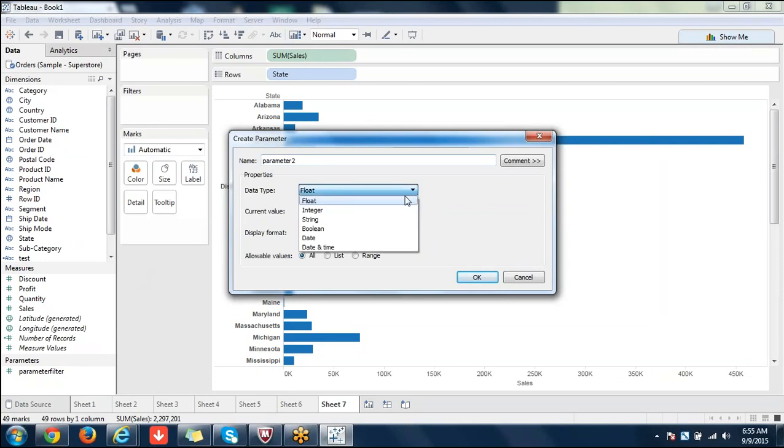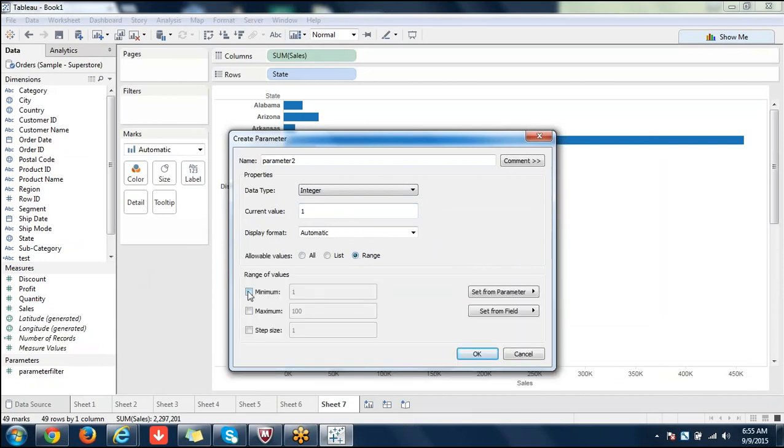Now I say integer. The current value is fine. Range. Step size is 5. So by default, current value is 1 here. Since I have created another parameter earlier, it's asking, can I set values from that parameter? You can do that, but I'm not doing it right now because I want to create a parameter here.